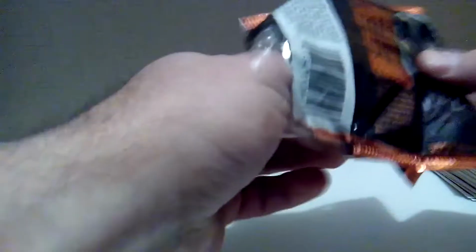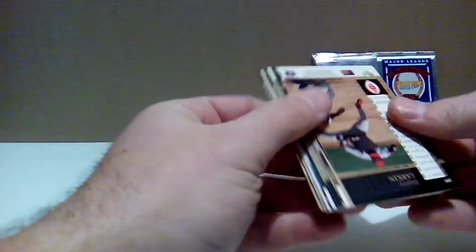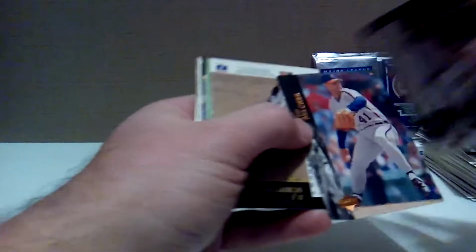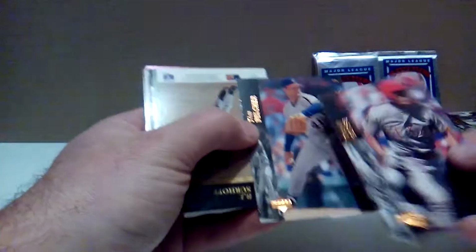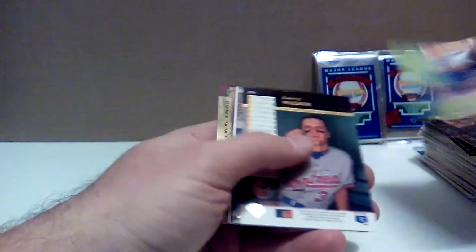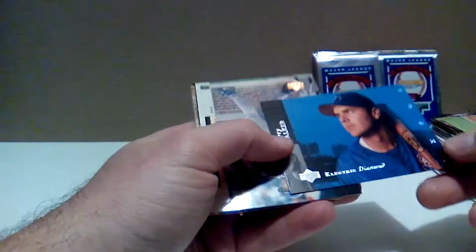picture. But let's see what we get in a Central Region pack here. At least these don't feel stuck together. We got a Barry Larkin, Hall of Famer there. Oh, back-to-back Barry Larkins. I always say you never get decent players there. Hall of Famer back-to-back. David Hulse, Tim Belcher, Pat Borders, Larry Walker, Electric Diamond,